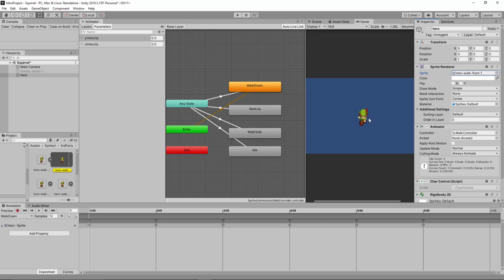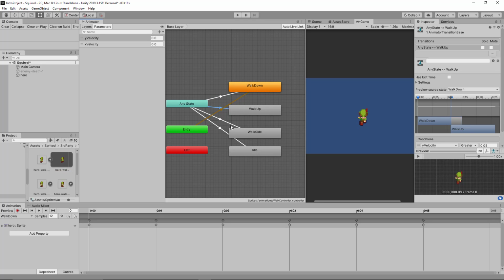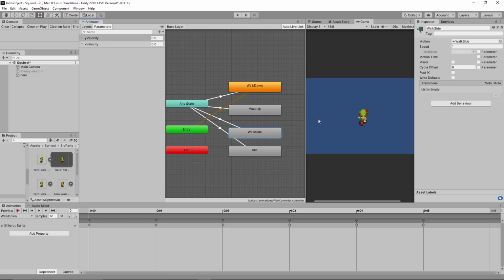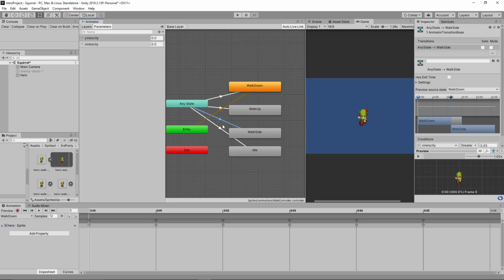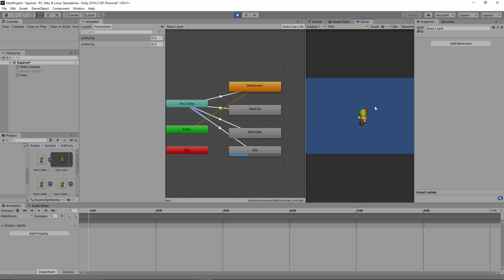Hey, wait a minute. Okay, it did stop on walk down. No, where did it go? Walk side. That was the one that it wound up staying on. Interesting. I wasn't quite prepared for that. So write defaults. So that's going to set these both to 0. And in that case, well, I guess that's what's going to happen. It's going to set these to 0, and then, not in a good state. So what maybe we should do